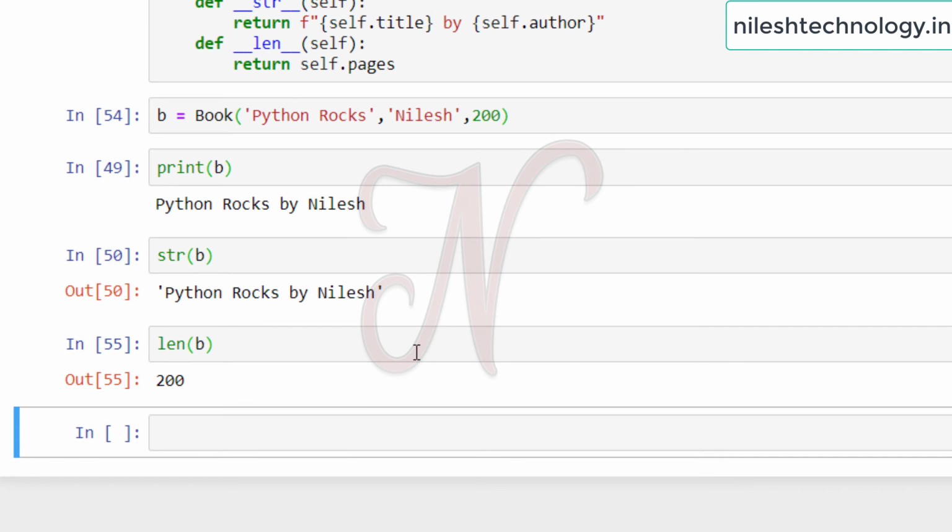So these are some special methods where we create our own functions. The double underscore is the syntax used before and after str and len. This method is called a special method or magic method.